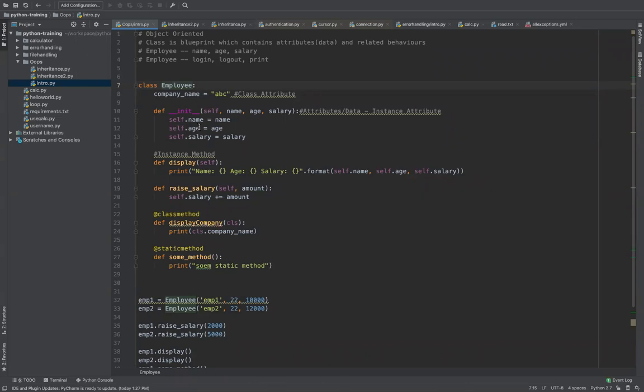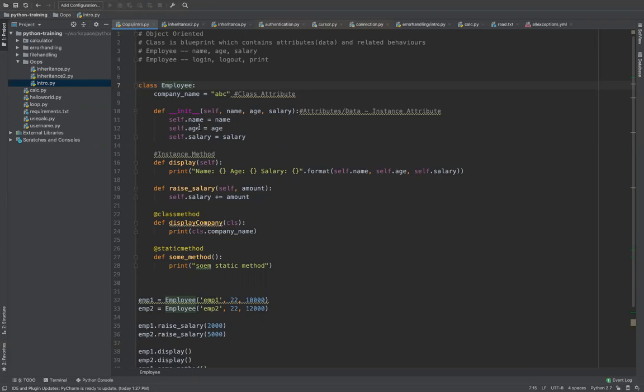Okay, so the relationship between the classes in software programming can generally be put in two ways. One is called inheritance and the second one is called composition. Okay. So what is the meaning of inheritance? Suppose in 100 classes, you see that 10 classes are repeating the same things that each other class is doing. So you want to put the common functionality into one class and you want to make use of it in another class. Okay. So where you define the core functionality is called the base class, and whoever takes the advantage of that is called a child class, or a derived class, whatever you want to call it.